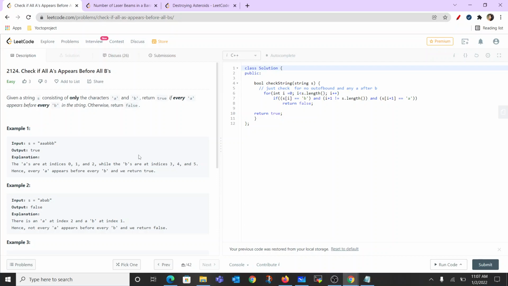And here's the first question of the LeetCode contest. Basically, it is an easy level question, and as per the statement it says, given a string S consisting of only the characters A and B, return true if every A appears before every B in the string, otherwise return